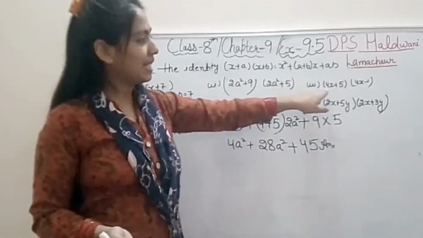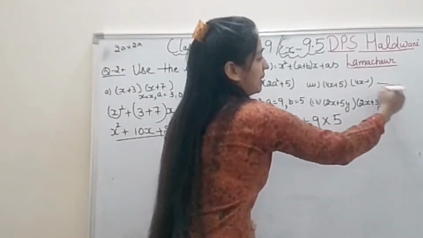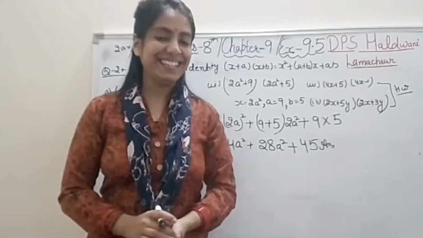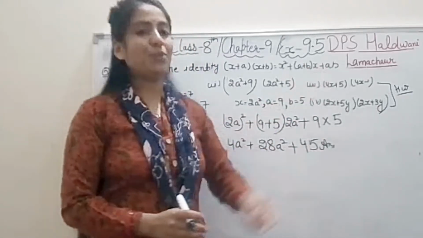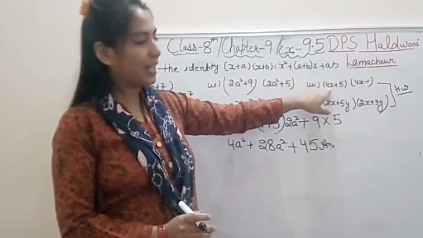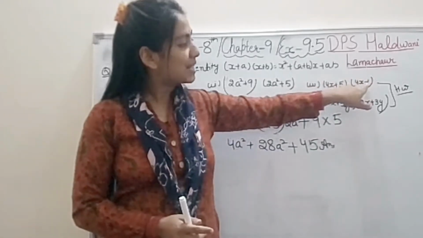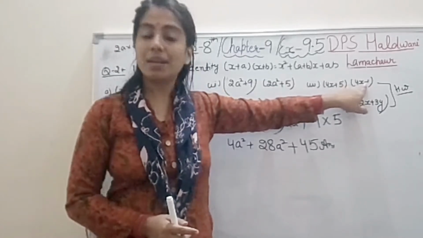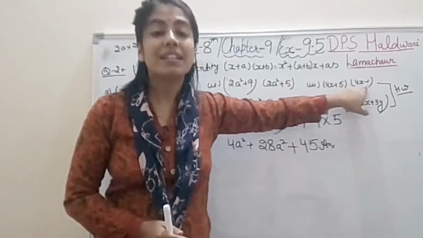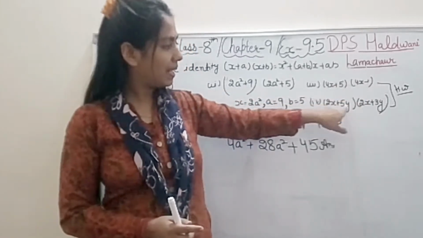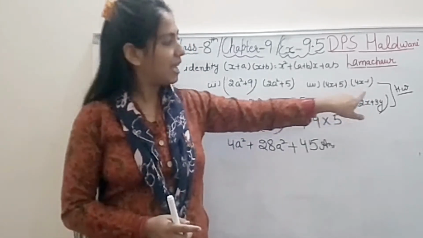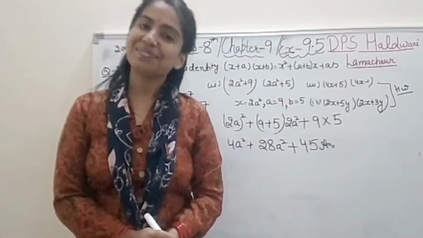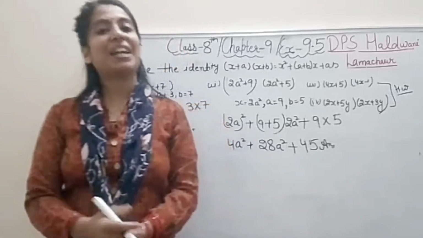That's it. So student, these 2 parts you will do on your own. This is homework for you, because when you practice, only then you understand the identity. Right student? Only 2 parts you will do on your own. There x is 4x, a is 5, b is minus 1, because one sign is minus only. The sign in front is always its own. So b is minus 1. Understood? In the same manner here, x is 2x, a is 5y, b is 3y. Put in the values, get the answer. Very simple. So this is all about our question number 2.